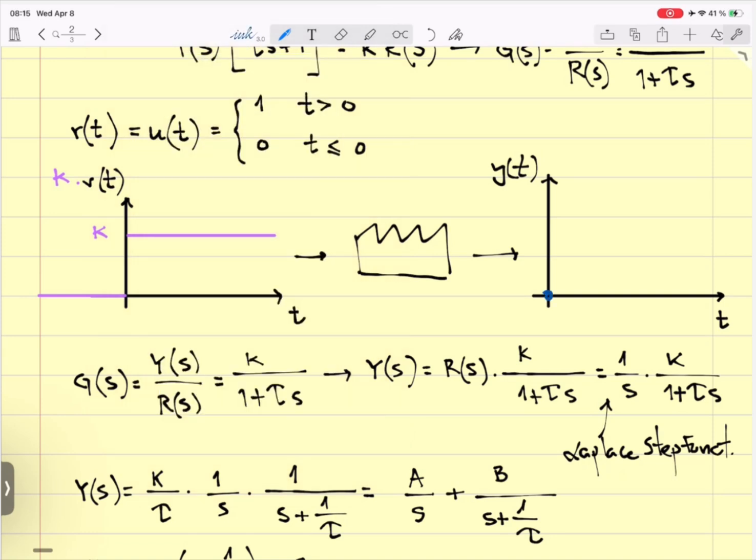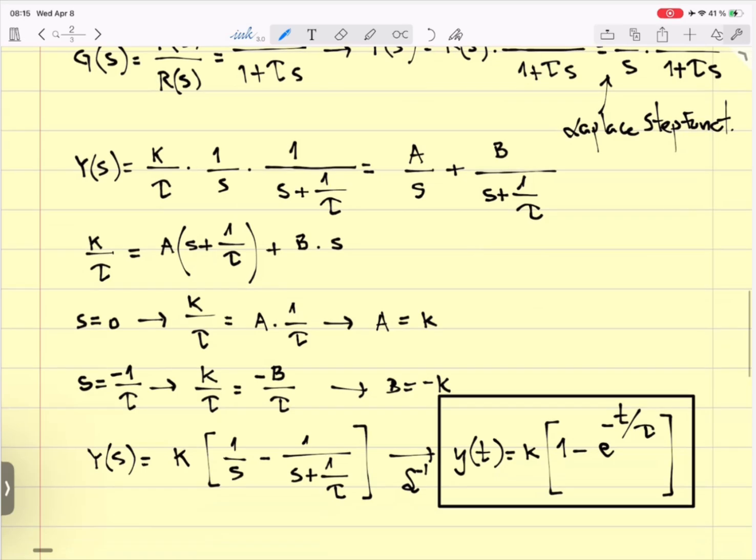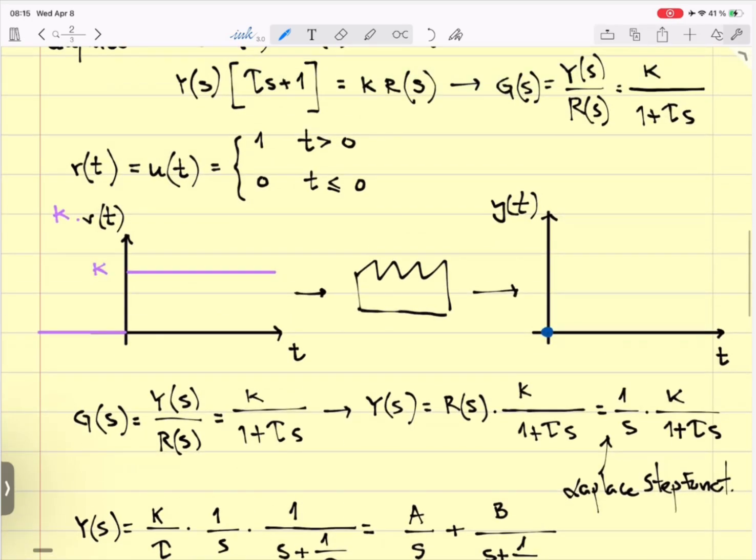It becomes 0 for t equals 0, and for t equal infinity it becomes k. Okay, and tau is going to be the